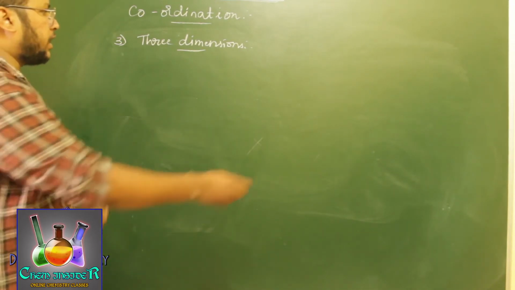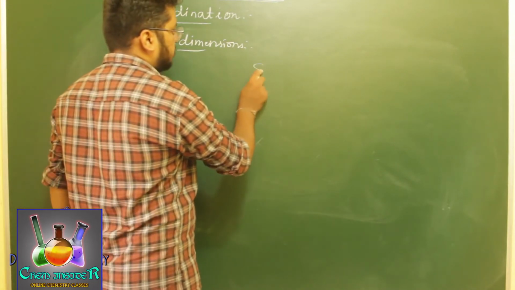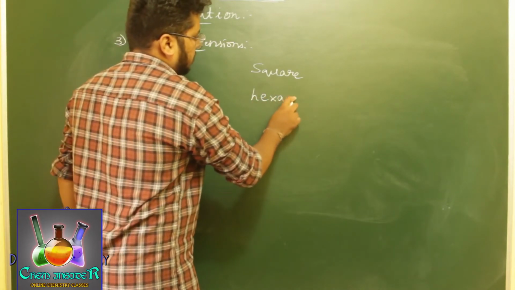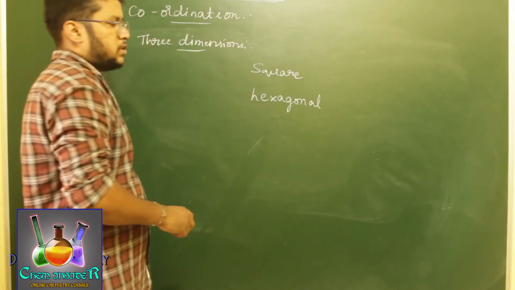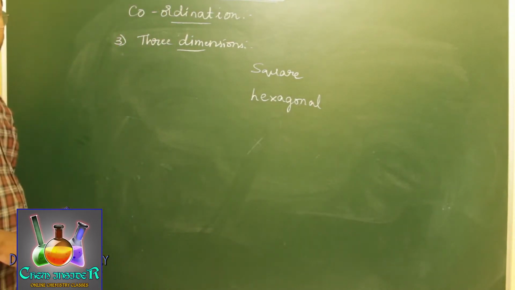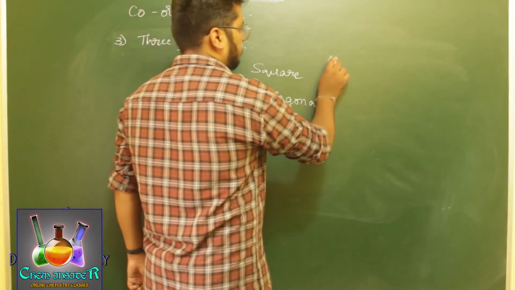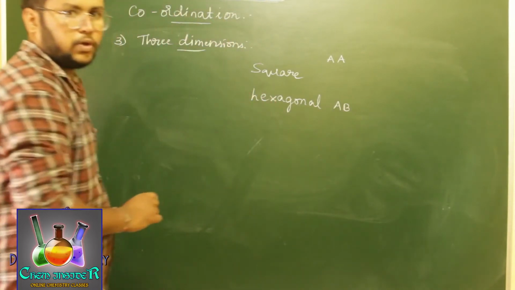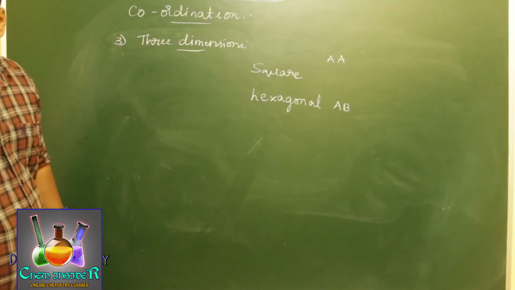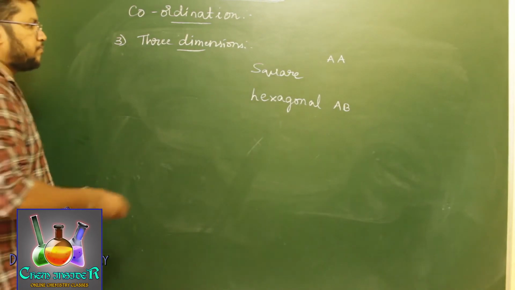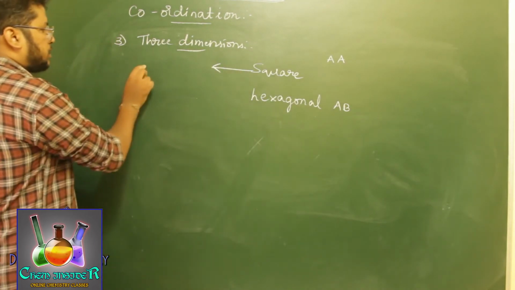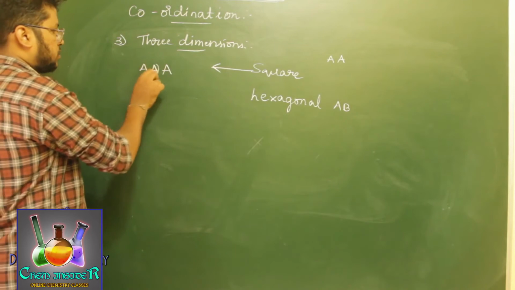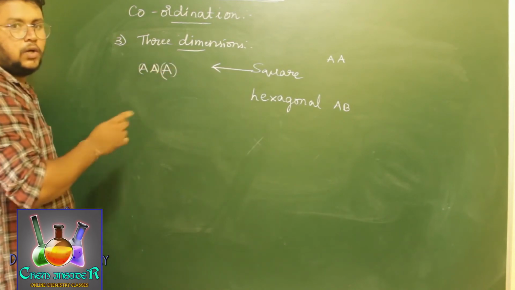Now for that we need to consider 2 parts: square arrangement and hexagonal 2-dimensional arrangement. The 2-dimensional square arrangement and the other one, the two-dimensional hexagonal arrangement. That is what we have discussed in the previous class. So AA type and this is AB type of arrangement. Okay. So now let us consider first the layer, square type. Square type has only one type, that is placing one more layer of A above this layer. So if this is two dimension, the third dimension again will be one more layer of A.